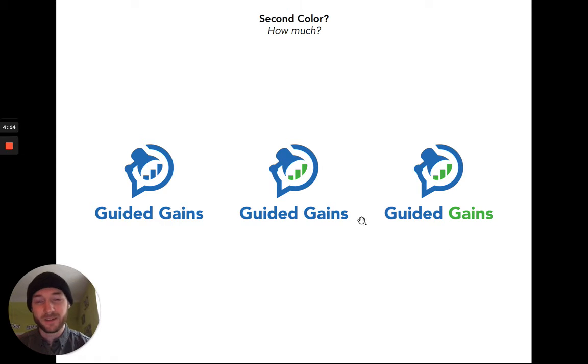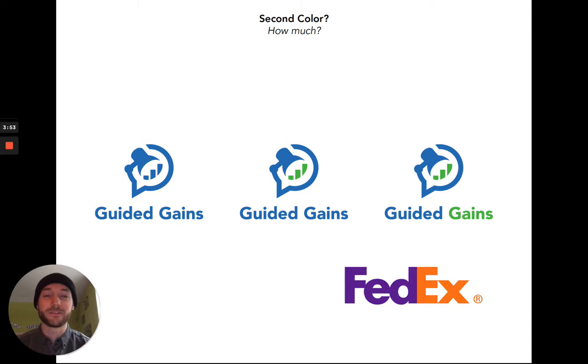And if you want a second color, I think this is the best combination. I like that this brings out the bars a little more, and taking that a step further, you can combine link gains with these bars. But I think this is a very dated kind of look when you have two different colors in the text. This is something that reminds me of the FedEx logo. This is a very strong logo. It's been around for a long time, but I think it's getting really dated. And I think that's because there's two different colors in the text. And you don't see very many brands doing that nowadays because I think it has become a very dated kind